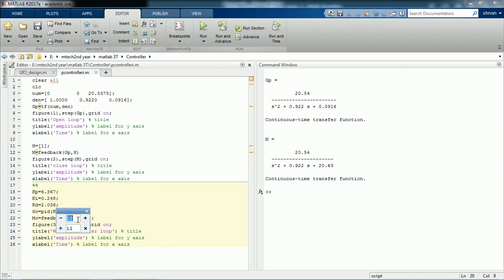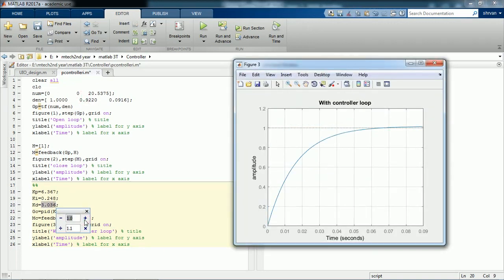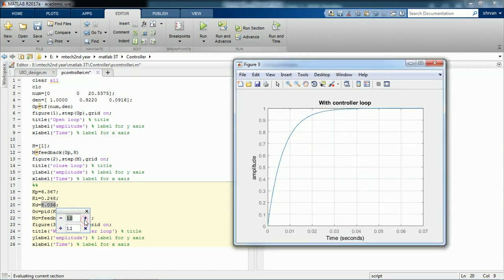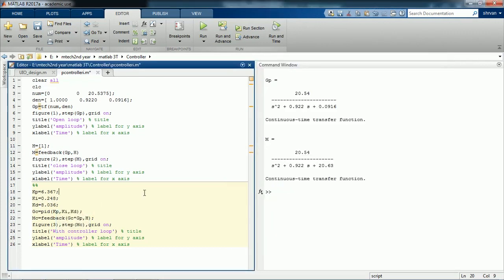Now let's see the effect of the derivative controller if you increase the derivative gain. As I have shown in the table before, this will be the effect of varying the PID values.